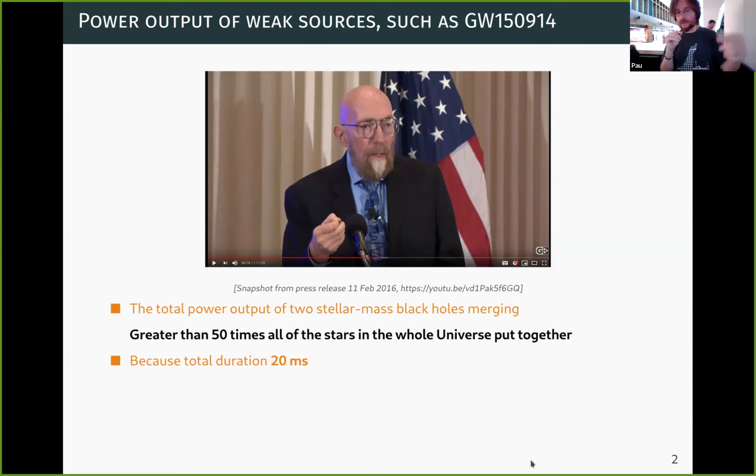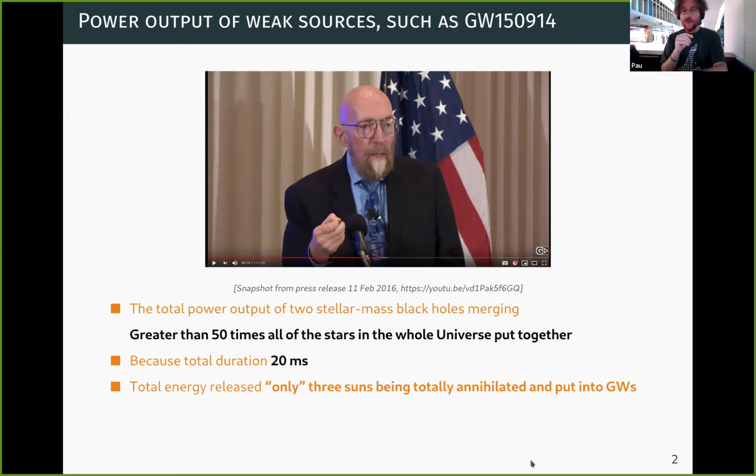Now, if you want to translate that into energy, you will find out that the energy released after the merger of these first gravitational waves corresponded to only, in quotation marks, as you can see in the slide, 3 suns being put completely into energy. E equals mc squared, you know that? So you take 3 suns, you put them into energy, and this is how much energy was released. This merger happened at about 480 megaparsecs, millions of parsecs, right? A parsec is about 3.3 light years.